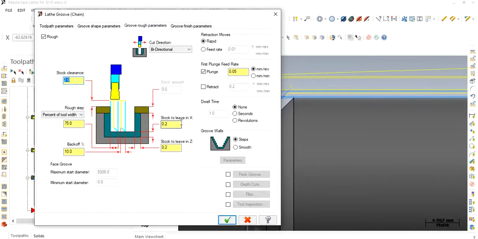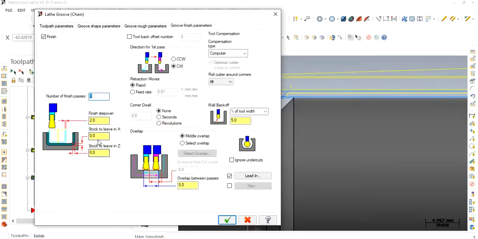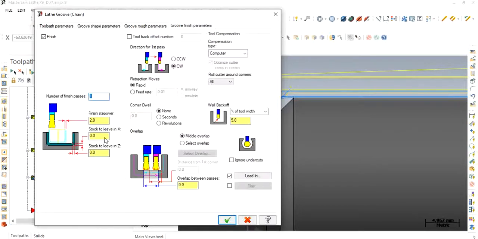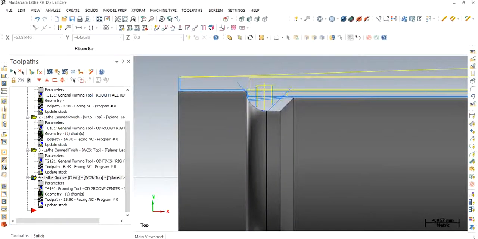The stock to leave in X and Z, you have to put 0 here for the grooving operation. And also say 0.2, sorry, because for finishing operations it will take 0, 0. Then you have to update the things that you generate.